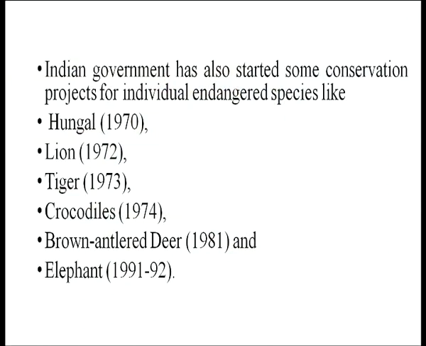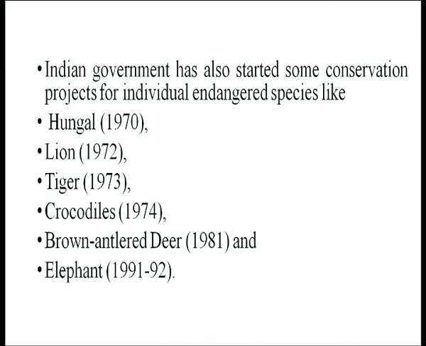The Indian government has also started some conservation projects for individual endangered species, like for hangul in 1970, for lion 1972, tiger in the year 1973, crocodile conservation in 1974, brown antlered deer 1981 and for elephants in the